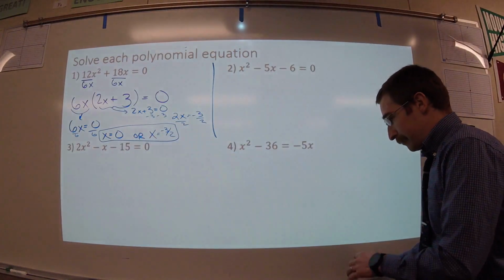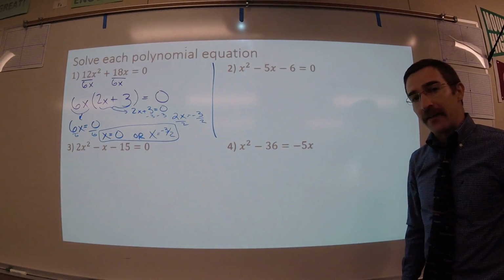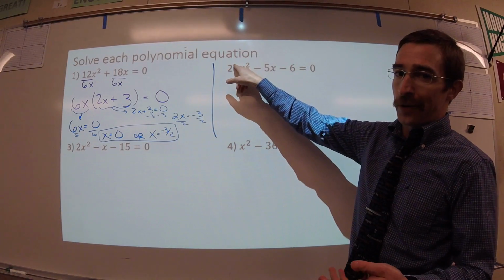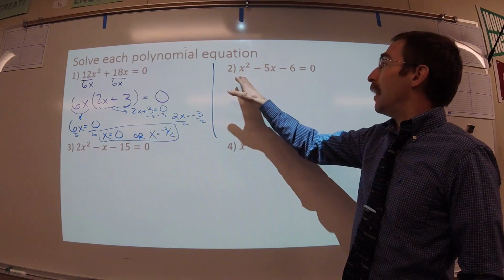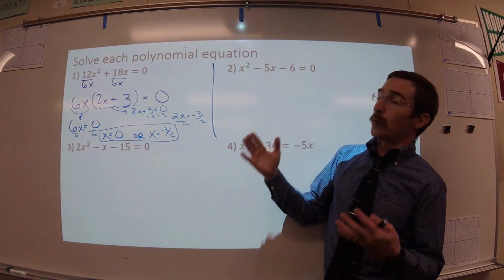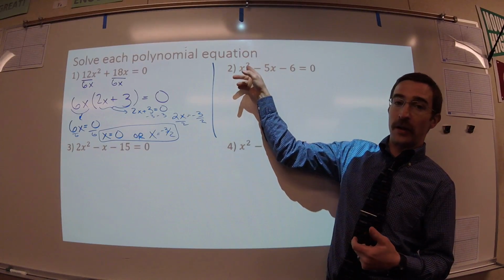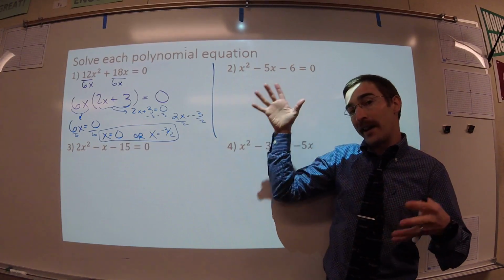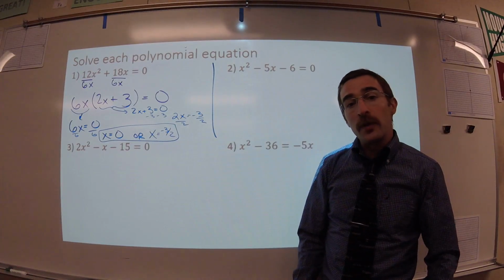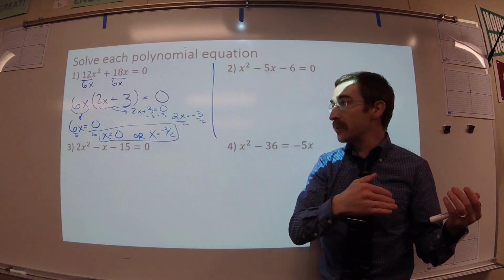Let's look at the next one. X squared minus 5x minus 6 equals 0. Once again, it's subtraction, addition, if you want to think of the x squared as a plus. But basically, addition, subtraction equals 0. That's a challenging problem, right? If we wanted to solve by undoing, we would have to add, undo the square by square rooting. Then we'd have a square root of x, but nope. So what we're going to do is we're going to factor, write a multiplication problem equals 0, and then use